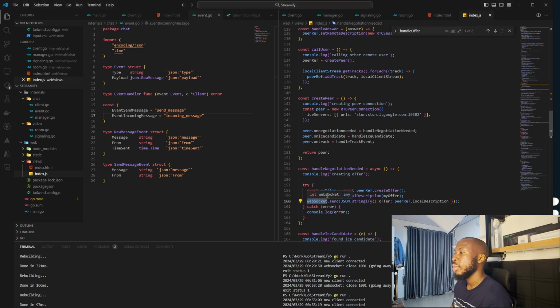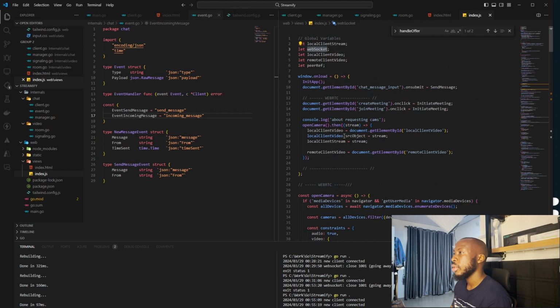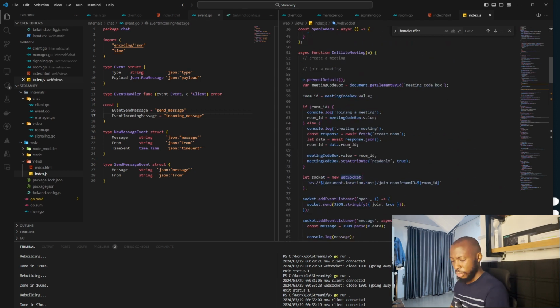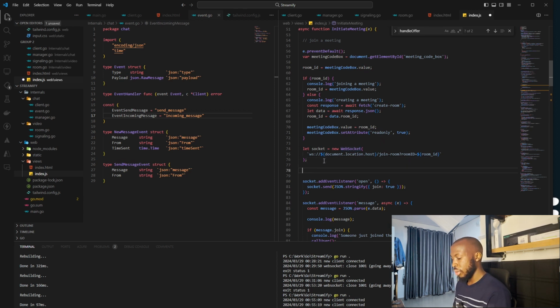Okay, WebSocket. It says WebSocket is undefined. So it's actually undefined because we did not set WebSocket equal to sockets. Right, so